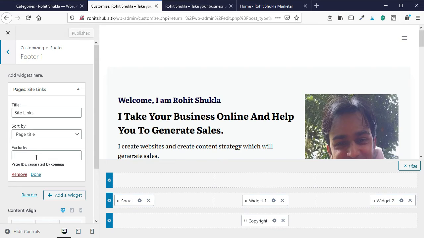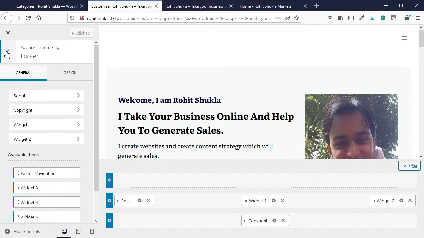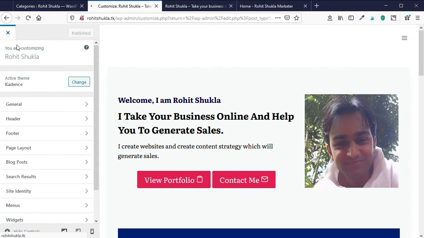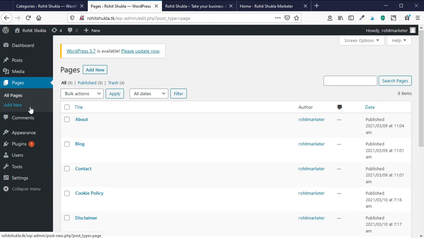For that we need the post ID, the page ID, of all the pages which we have created earlier, so that we can exclude them from these widgets. Let's see how to get the post ID. Just hover your mouse on the page title, and in the bottom section you can see the page ID which is showing here.